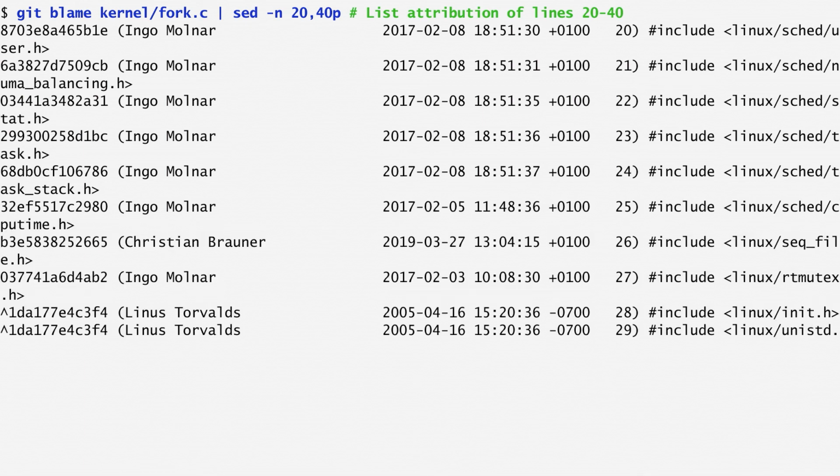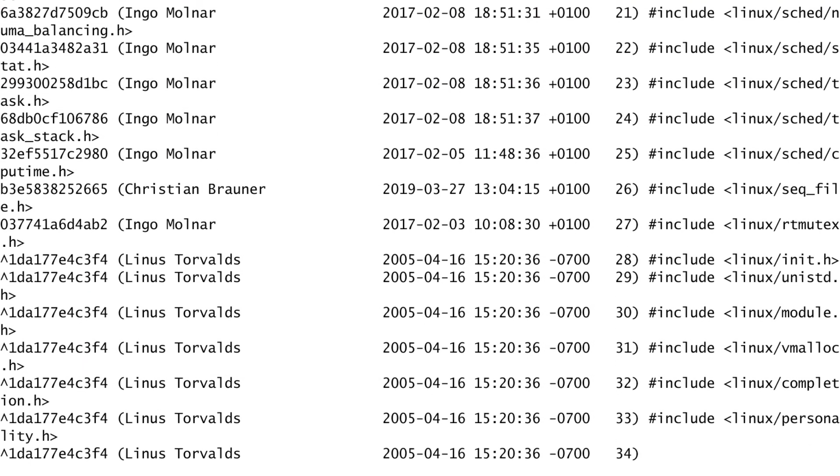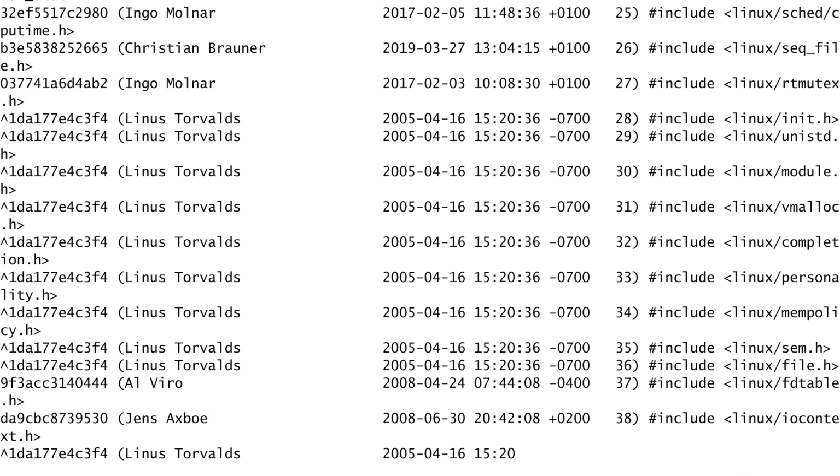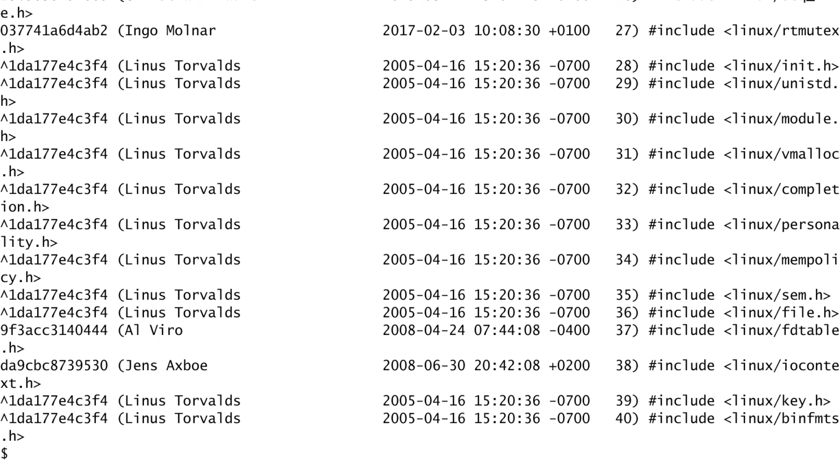Sed is another interesting command that we'll examine in more detail later on. It stands for stream editor and performs edit-like operations on files such as search, find and replace, insertion or deletion. Here, I specify the -n option to suppress automatic printing and ask it to print a specified range.